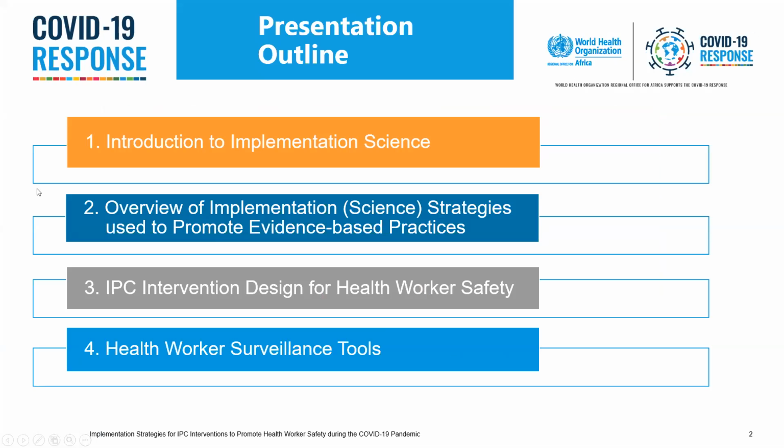Now, specifically, just to give you a very brief overview, and I won't spend a lot of time on this, I wanted to show you what we're going to talk about today. I'm going to introduce you to the discipline of implementation science very briefly, so that you understand the strategies that I'm going to be talking about a little bit later. I'm going to talk about the strategies that we can use specifically during an epidemic or a pandemic. There are 6 categories of strategies that we have to use, multiple ones, in order to effectively address and reduce transmission of an infectious pathogen.